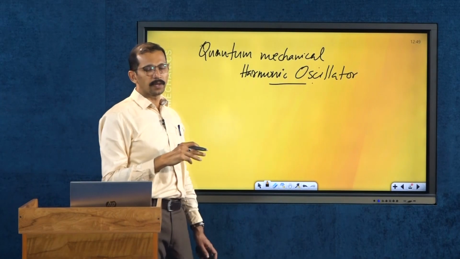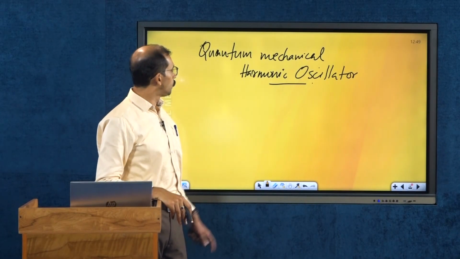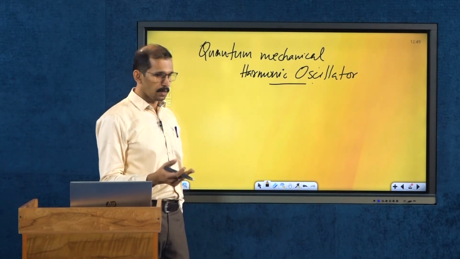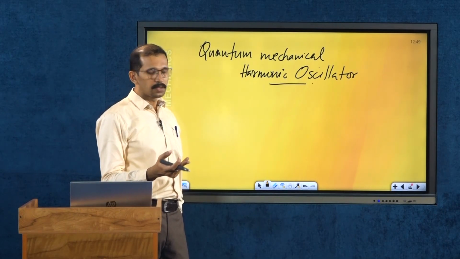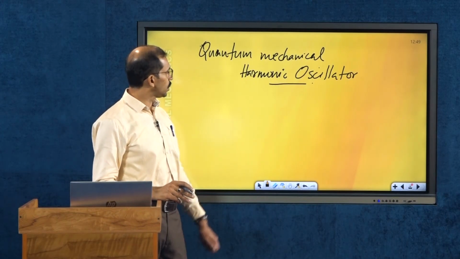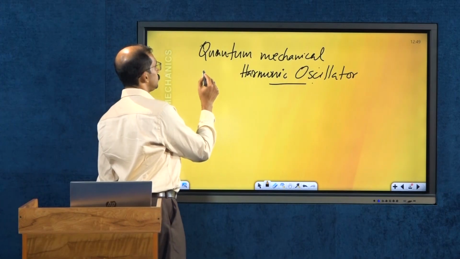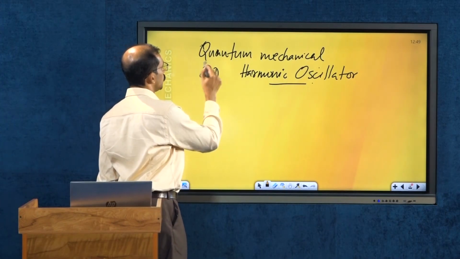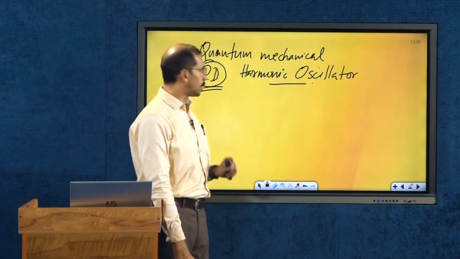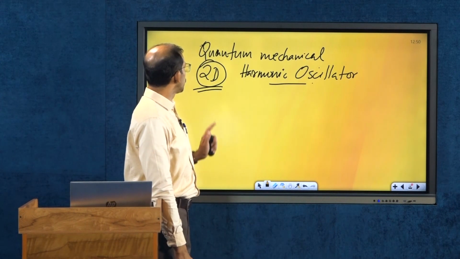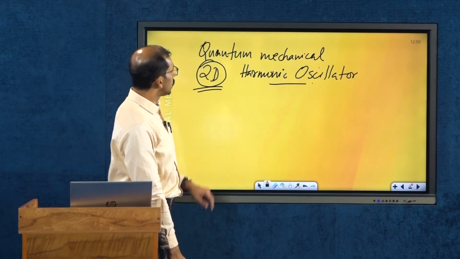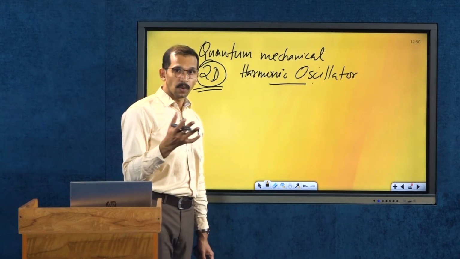Here we will be calculating what? The partition function for the system. Last time we were dealing with the 2D classical situation, and therefore to start with, today we will be dealing with the 2D situation. After that, I will try to cover in a very brief manner the three-dimensional system. So the 2D harmonic oscillator, since it is quantum mechanical,